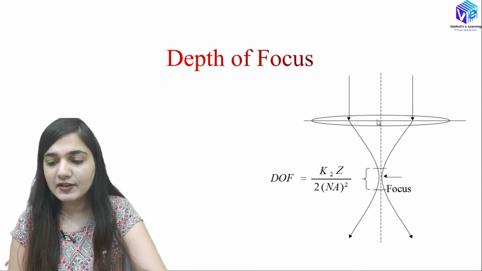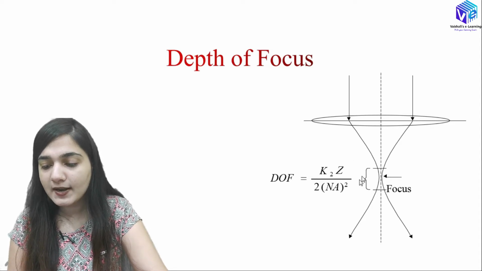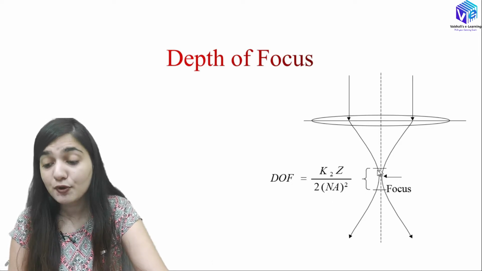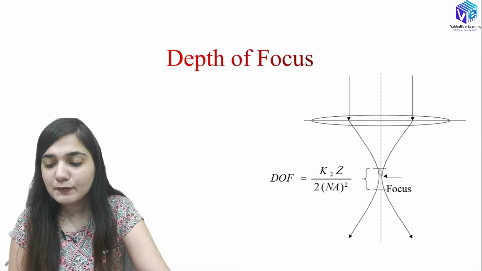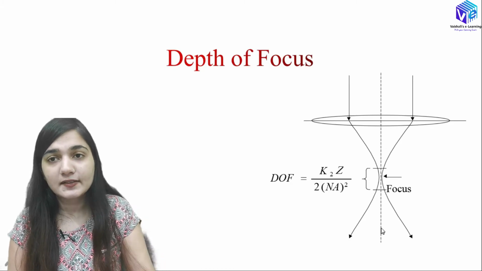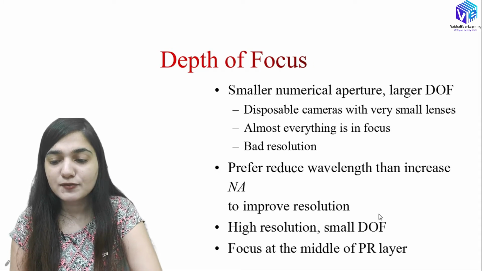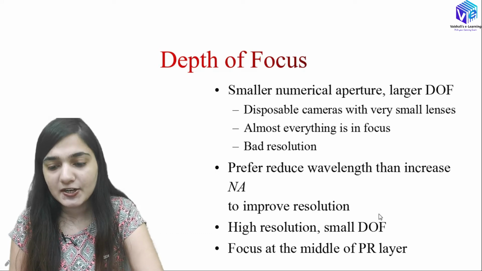Here you can see we have a lens. The lens is focusing the light beams. This is the exact point where I am getting the focus. This depth of focus can be calculated with the formula I have already told you. If I move up from this depth of focus, you can see I am not getting a perfect resolution, and if I go below it, here also I am not getting the perfect resolution. I hope you now understood the depth of focus. If we have a smaller numerical aperture, then we have a larger depth of focus, as it is inversely related to the numerical aperture squared.